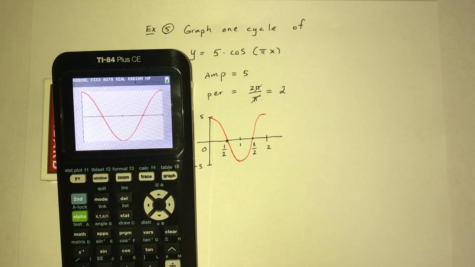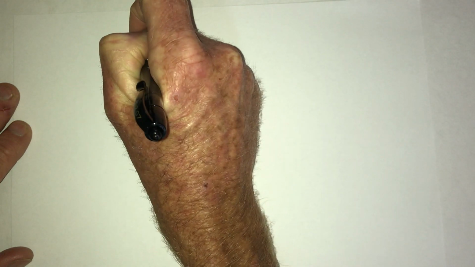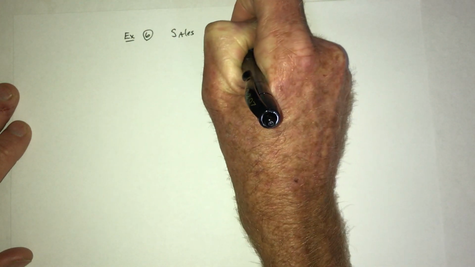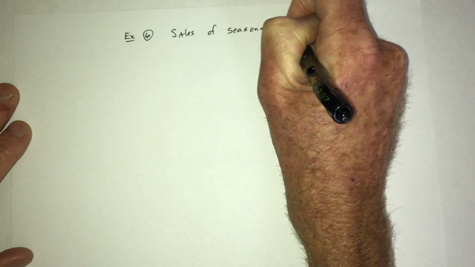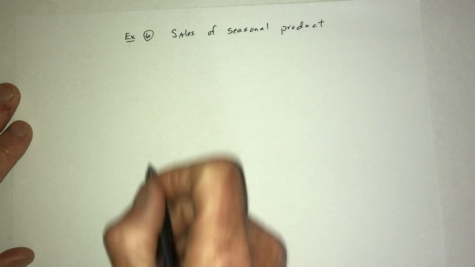All right, then there's one more application. Number 6. So suppose that you have a store and you sell skis. Well, during the winter and right up before the winter, you're going to have a lot of sales. In the middle of summer, not a lot. So that's what this idea is based on. So the sales of a seasonal product are given by